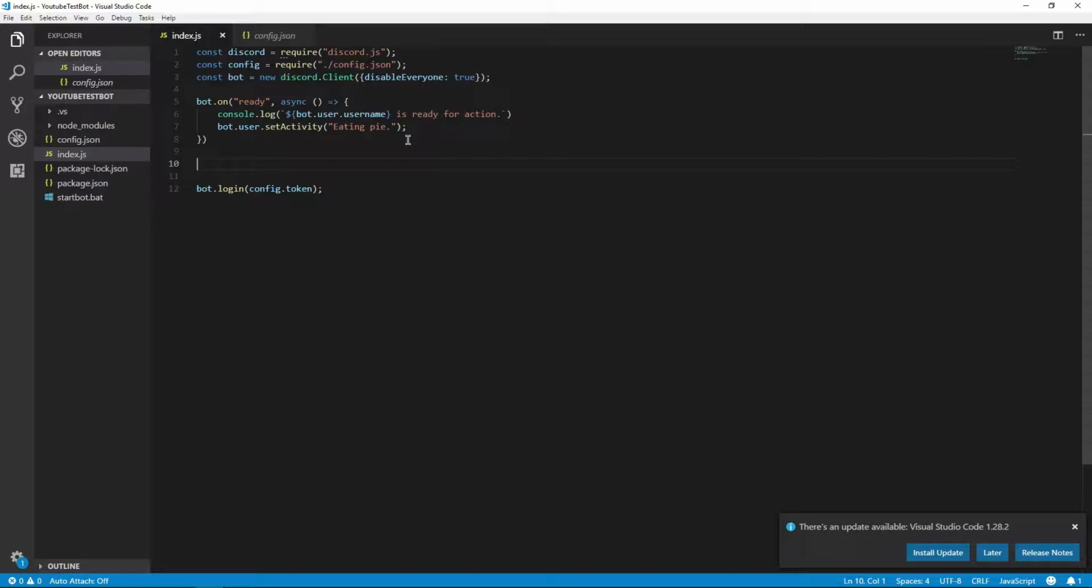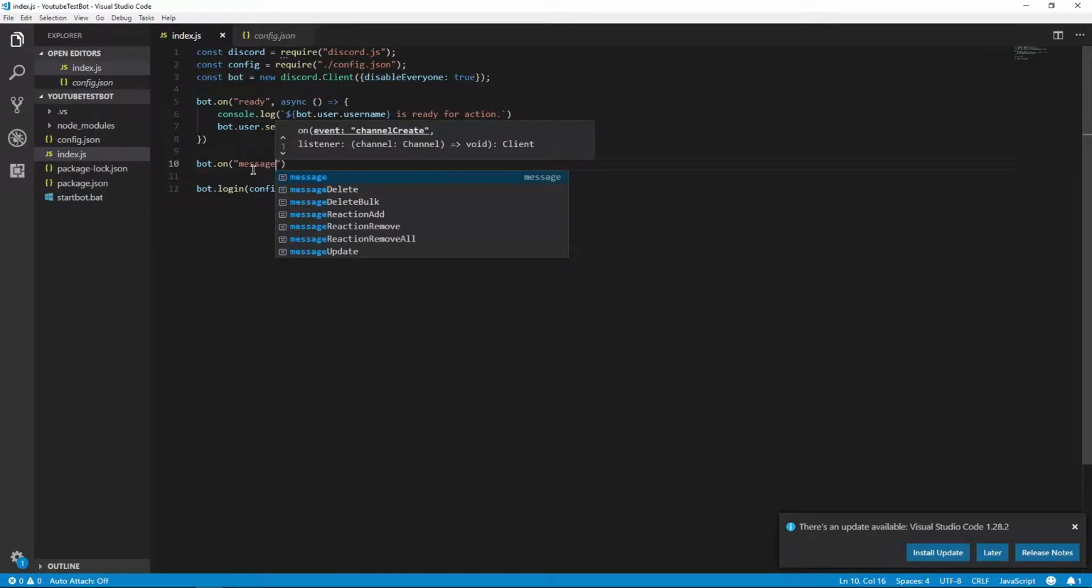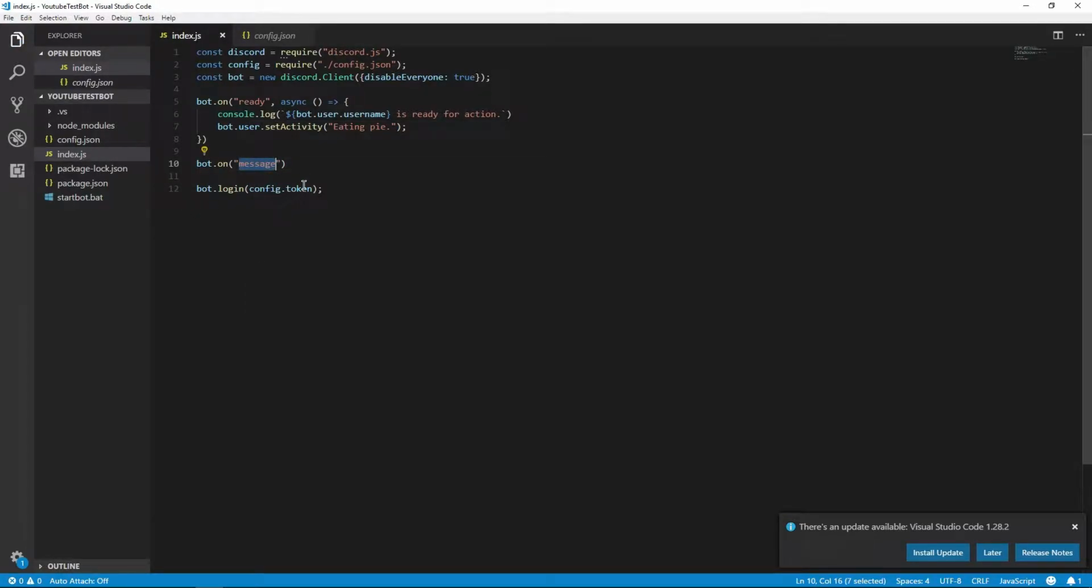And then that's it. Next, let's get something fancy here. Let's start with a little bit of commands. Let's make it so that when someone types something, it'll send them a message, for example. So let's go bot.on message. So when a message is sent to the bot,